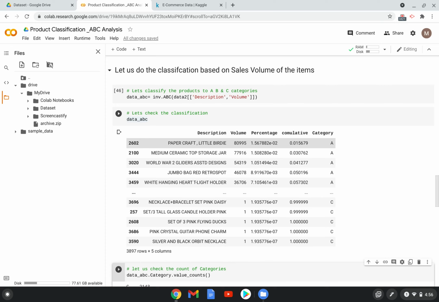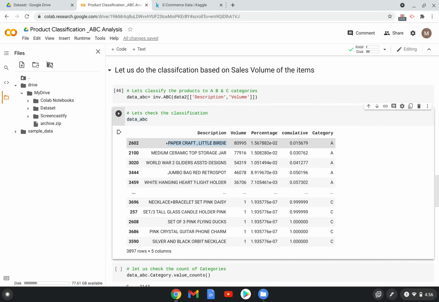This is the high volume driving product for this online store, with around 0.015 percentage share in the overall volume, which is pretty small, but still comparatively higher than the rest of the items. Likewise, all the other items' shares are listed here in percentage, along with the absolute volume number.